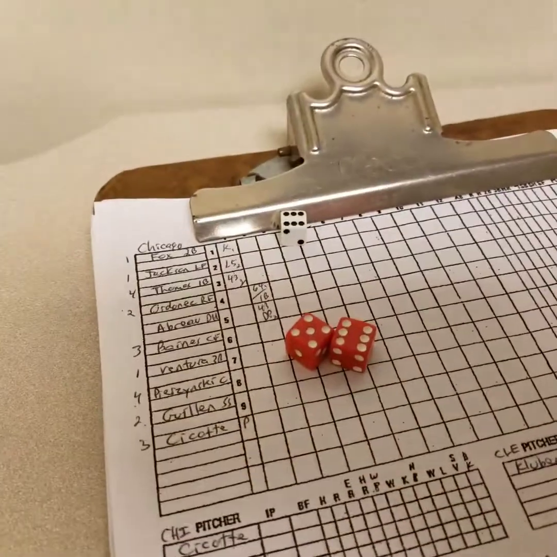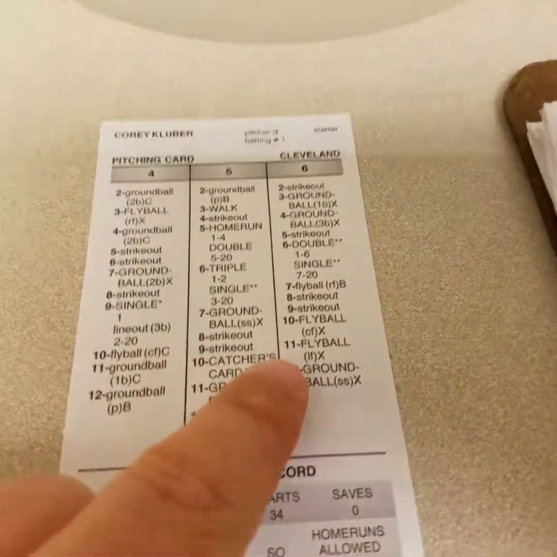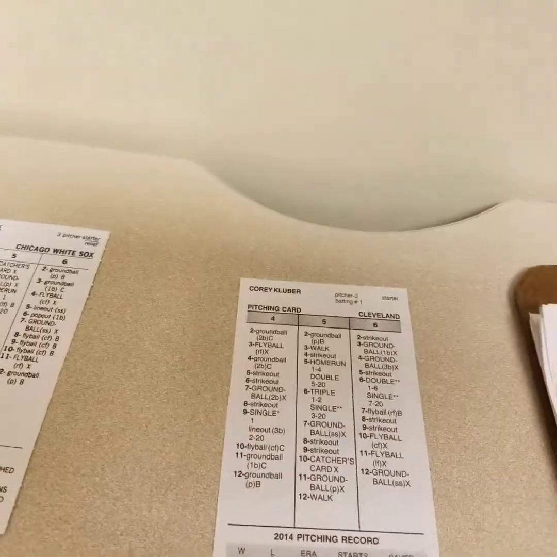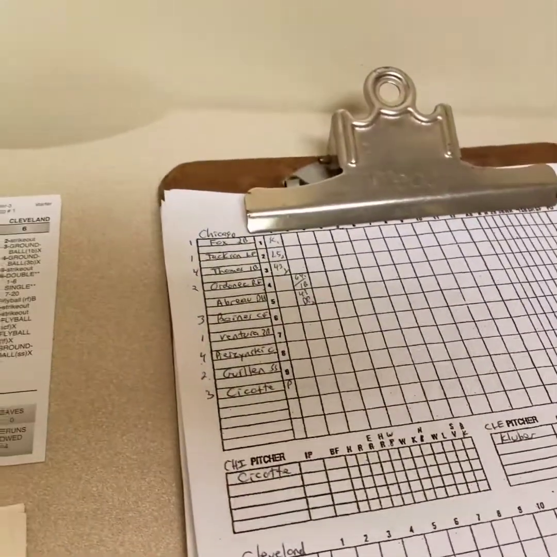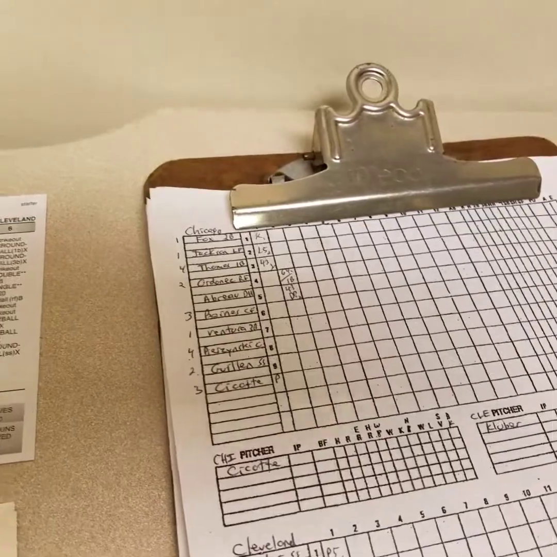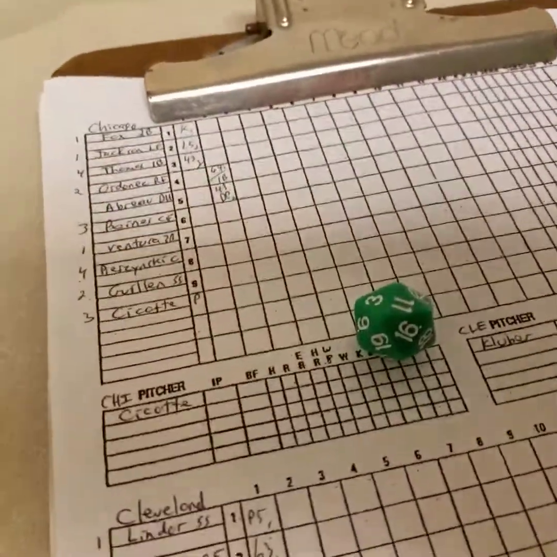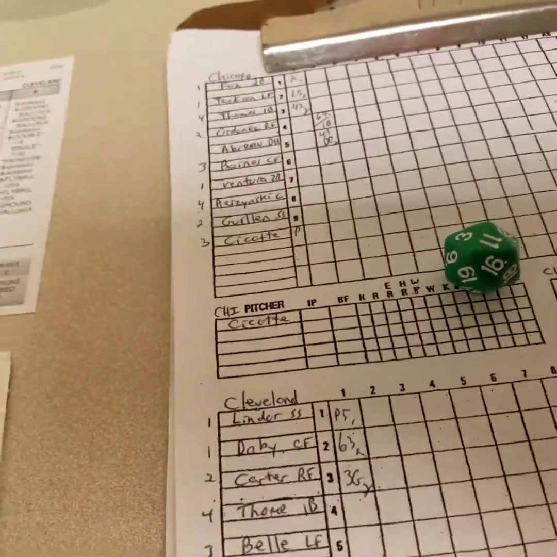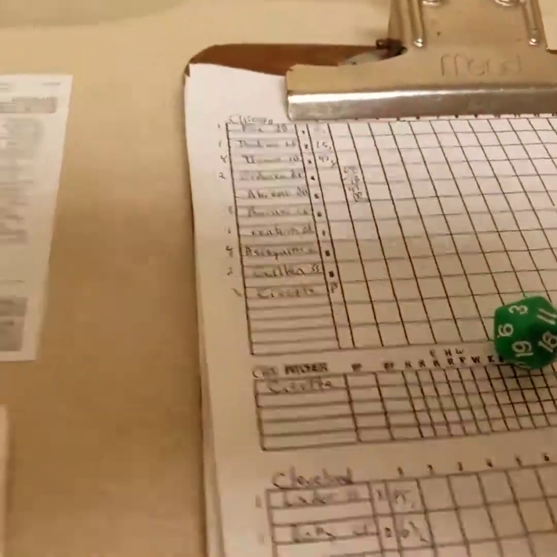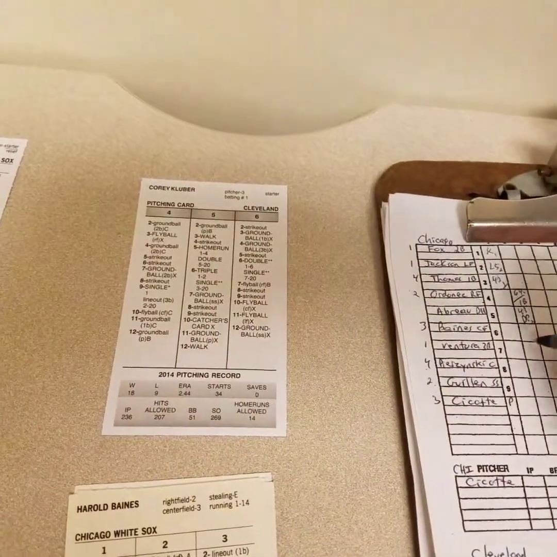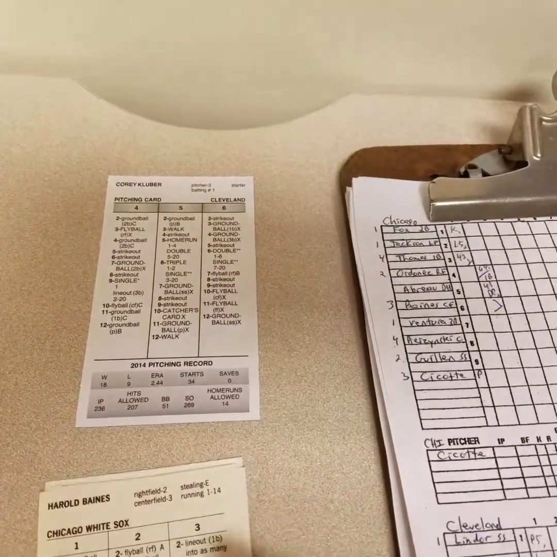We get a 6-11 against Kluber. 6-11 is a fly ball left field X. Left fielder for the Indians is Albert Bell. Albert, don't call me Joey Bell. He's a 3. 3-11. 3-11 for an outfielder. A 3 and an 11 is a double. So it's a double for Harold Baines. That double play comes in large now.